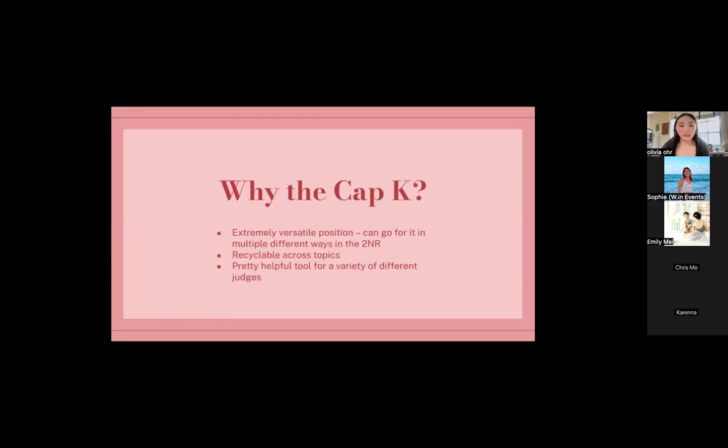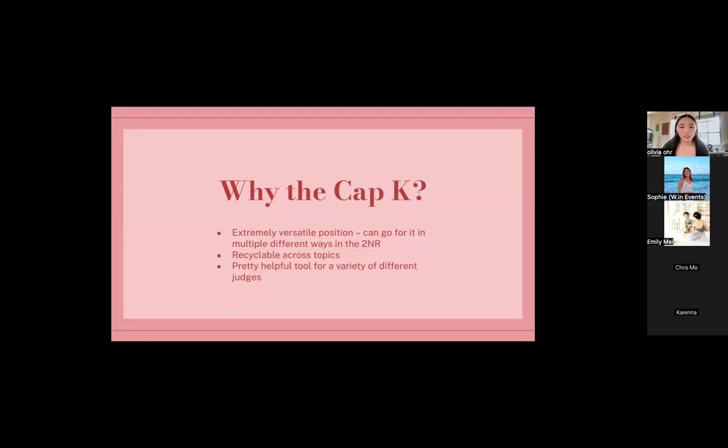Next, I wanted to talk more specifically as to why I think the CAP-K is so important and valuable to learn about. So first, it's definitely one of the most versatile K positions in debate. Typically, critiques tend to be more material oriented, where many people debate it like a counterplan and disad with big stick impacts. Even though Ks are not counterplans and disads, you can just think about it in that way. Or a lot of the times people also go for Ks that are very reliant on framework or more epistemologically based links with more structural impacts. And that usually means that the majority of the 2R will be spent on debating framework, and they often invest in more exclusive framework interpretations like you link, you lose.